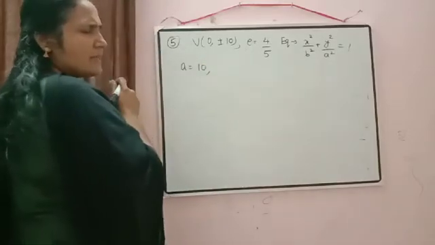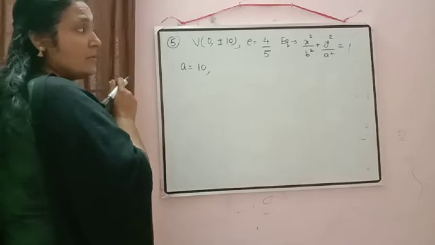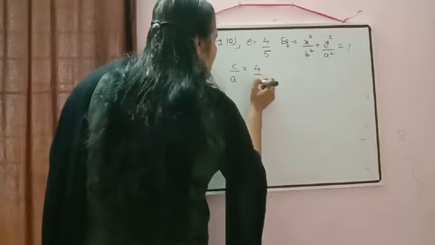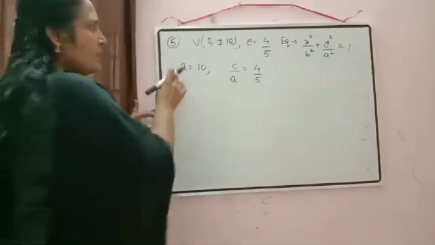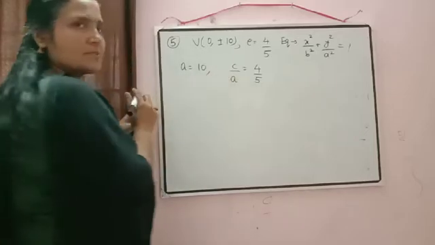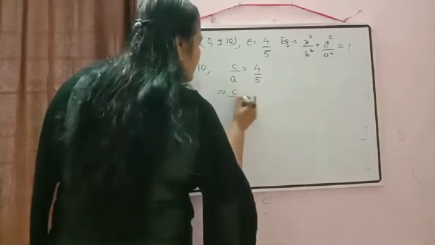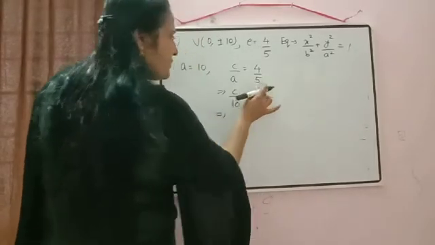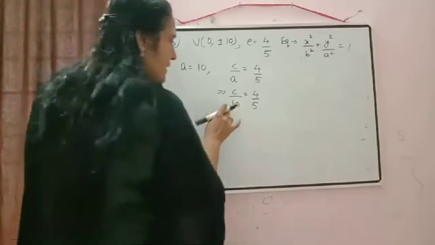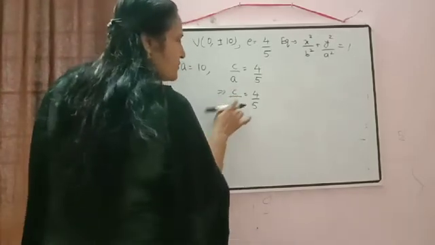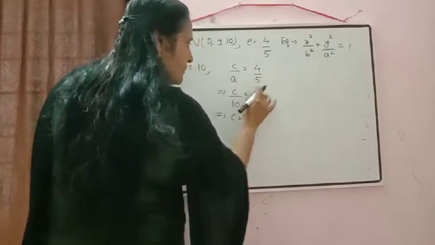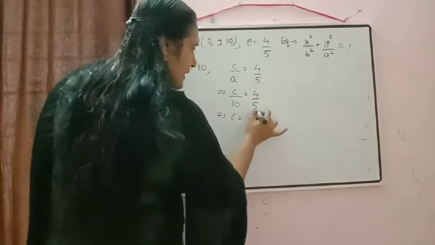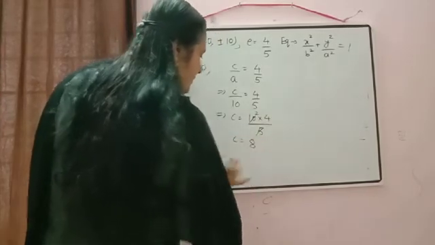And what is the formula for e there? e is equal to c by a. c by a is equal to how much? It is given 4 by 5. Now we know the value of a, so you can substitute the value of a here. Then what will come? c by 10 is equal to 4 by 5. Now 10 we can shift to the right hand side. Instead of doing the cross multiplication, we need the value of c, so only 10 we can shift to the right hand side. Then it will go to the numerator. So 10 into 4 by 5. This one you can cancel. So we are getting c is equal to 8.